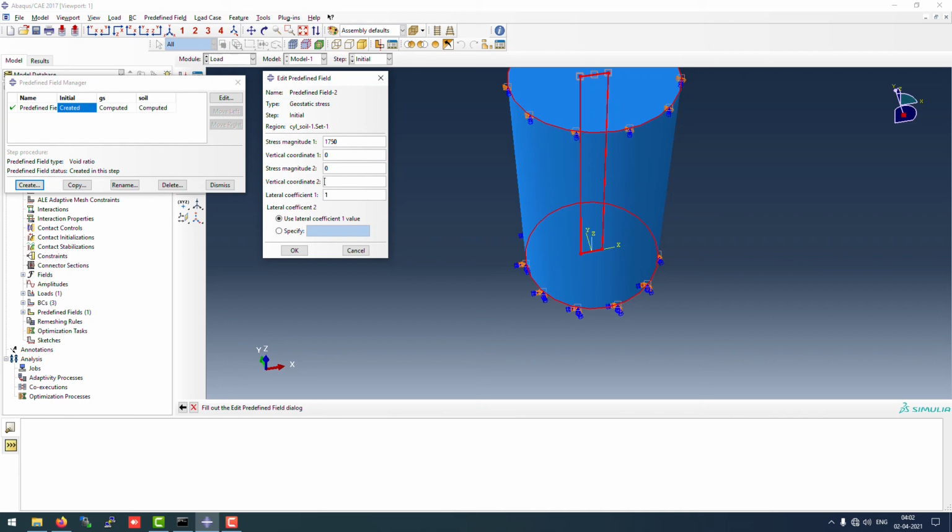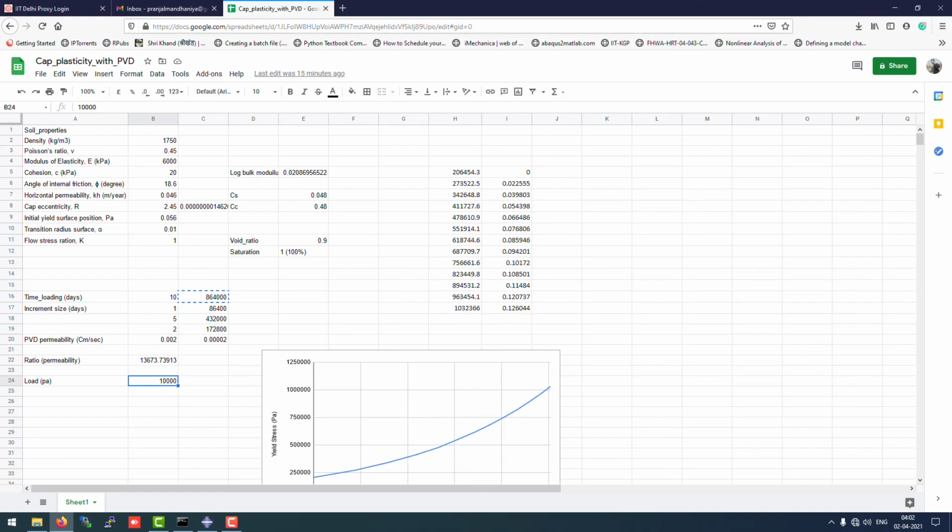So it will manage itself accordingly, and lateral coefficient 1 basically means how much lateral force will be working in the direction of x. So the stress magnitude, which is the vertical stress, will be multiplied by gamma into height. So height is 1 meter, the dimension,